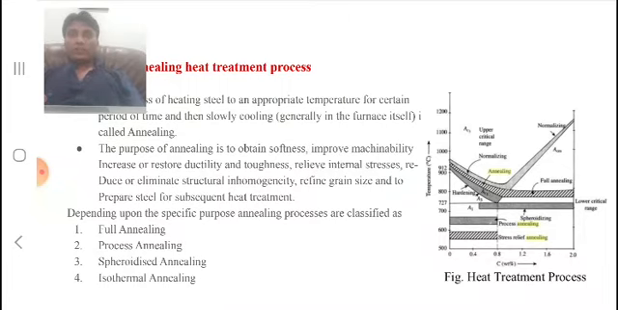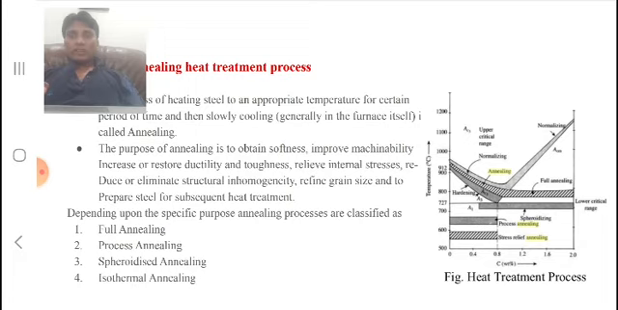And if we have to get spheroidized cementite globules, then it is slowly cooled, holding either below the A1 line or above the A1 line. So all these things are same. The cooling process is same for all the annealing processes. But what is process annealing? Process annealing is